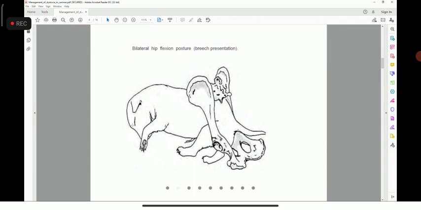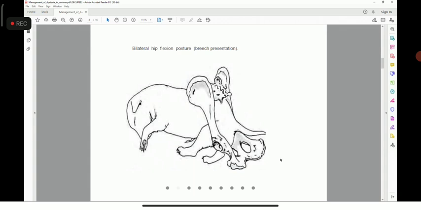When it is anterior presentation, the head should be extended and the forelimbs should be extended and guarding the head. But now suppose it is in posterior presentation, that is okay, because as we had studied earlier, 50% of the pups may be born in anterior presentation and 50% maybe in posterior presentation, so that is not a big deal. But within posterior presentation, the hind limb should be extended.